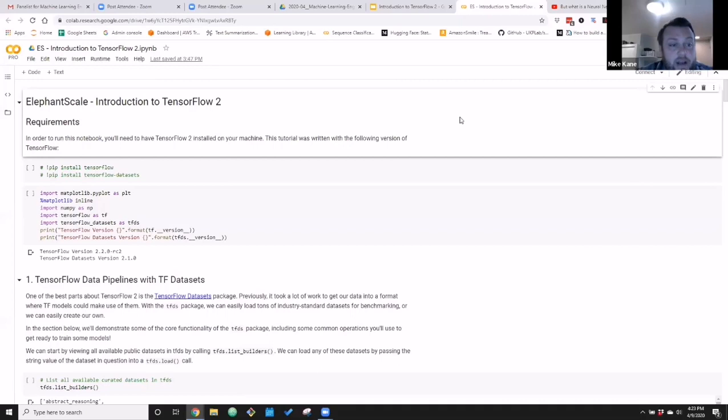You will need the correct version of TensorFlow and TensorFlow datasets installed. Okay, so anything 2 or above is great. 2.1 is typically what I'm working off of here. Looks like Google Colab itself is running 2.2, which is the fancy stuff. Not going to make a material difference for what we're doing today.